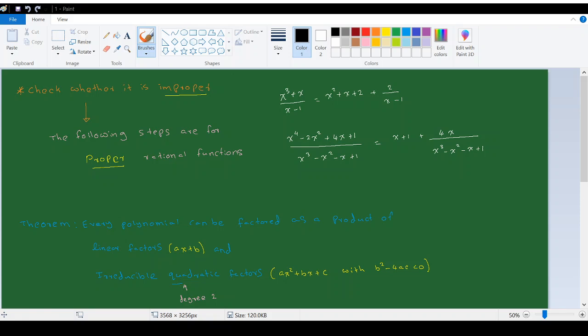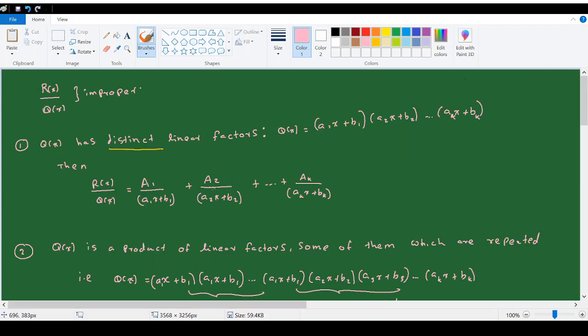Now finally we are at the position of understanding those four methods that I have been talking about in the last few videos. And keep in mind that, as I explained in the previous video, we are implementing those methods only for these proper rational functions. And those methods are: